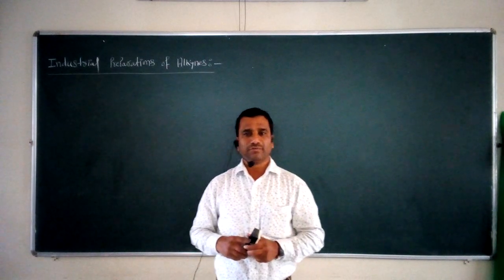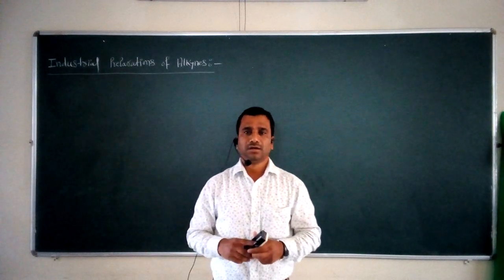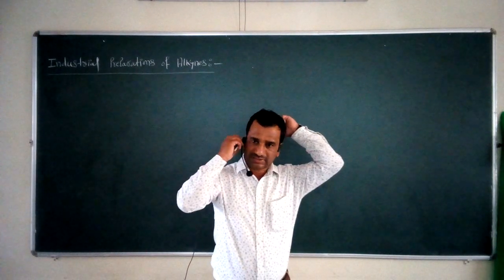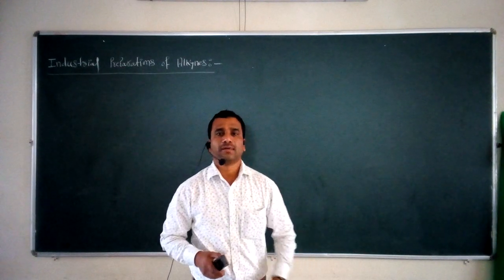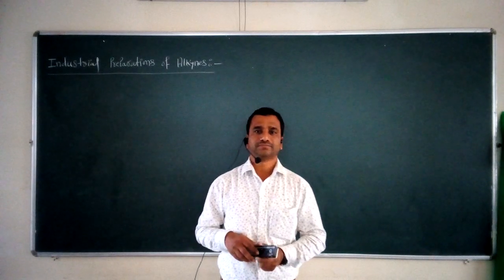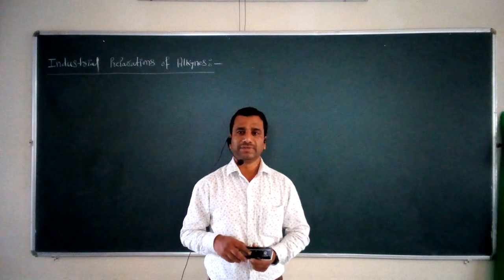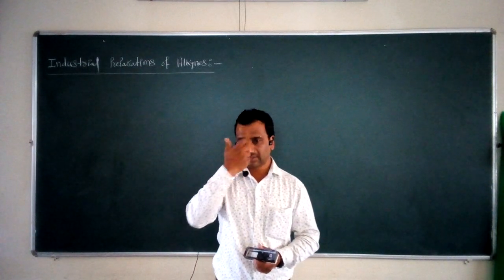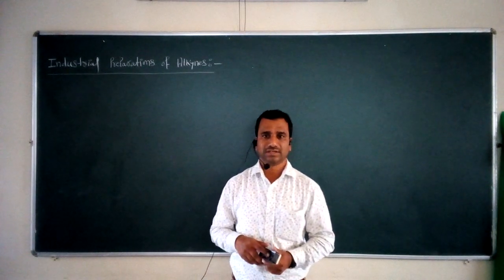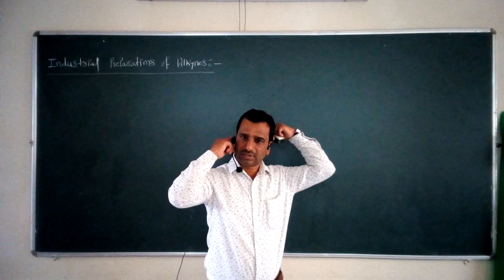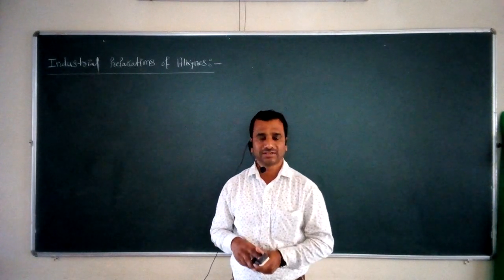In the last video lecture, we discussed the different aspects of these alkynes, in which we studied the introduction of these alkynes. After that, we completed the nomenclature system for these alkynes, how to assign the nomenclature of these alkynes depending upon the two types. One is the common name system and the second is called the IUPAC nomenclature system.